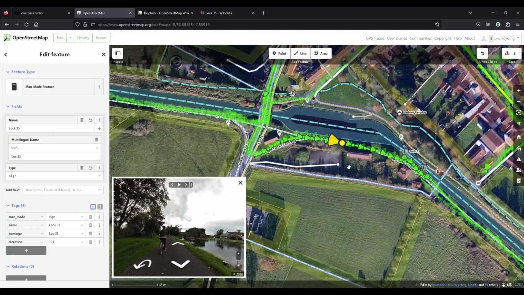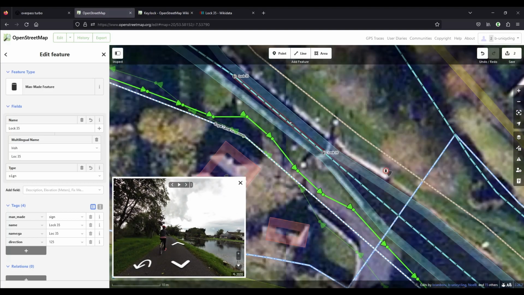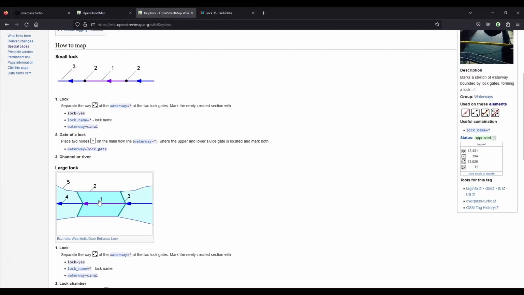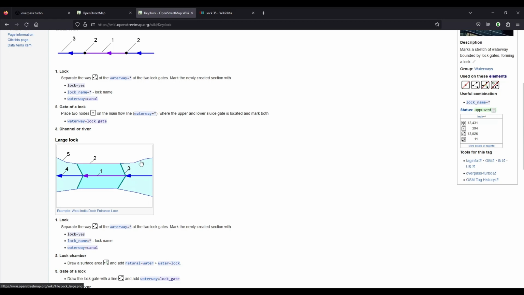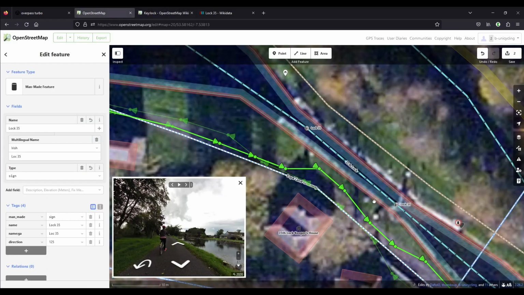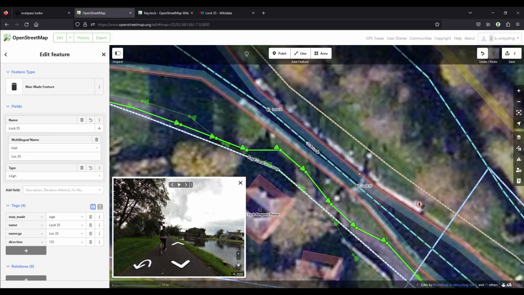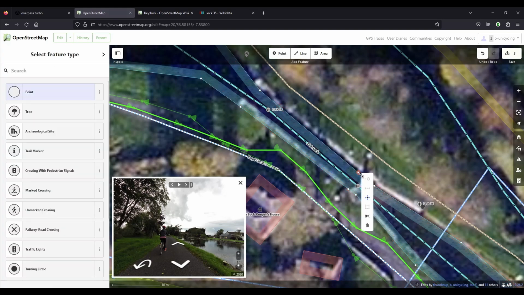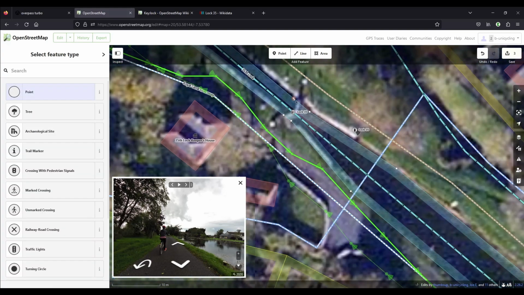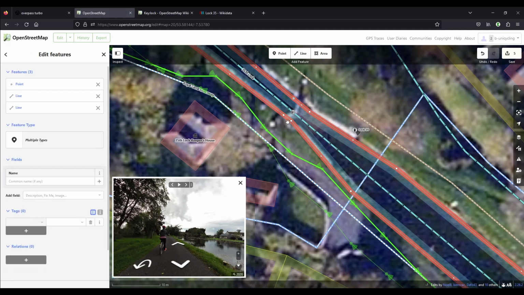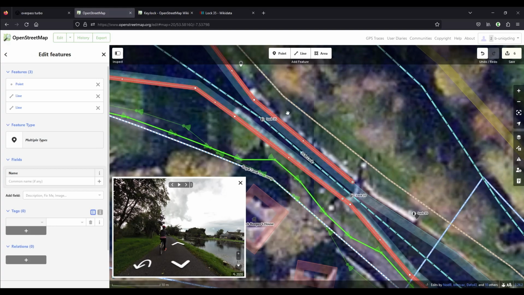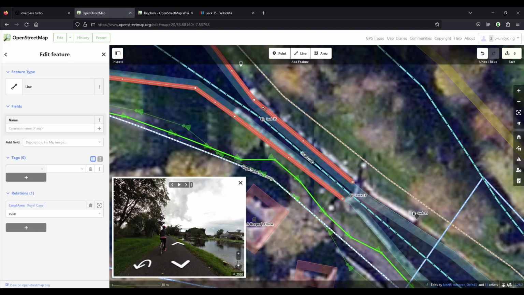But anyway, so we have the name. That's a good start. And then, as described here, you're also supposed to separate the canal water area from the lock water area, which I'm going to do now. So I'm going to add a node here, and then split by right-clicking on that node and hitting the scissors. So I'm cutting the line there, and then also roughly here